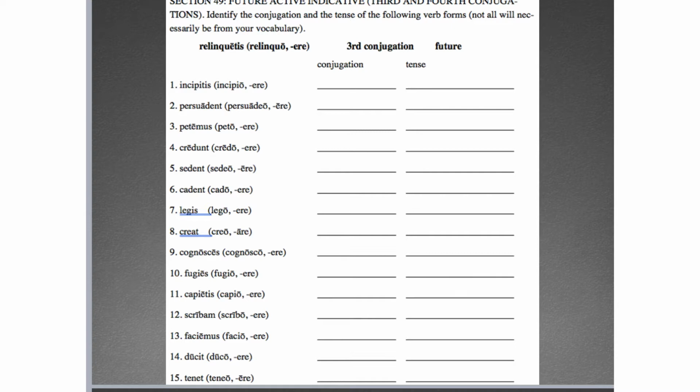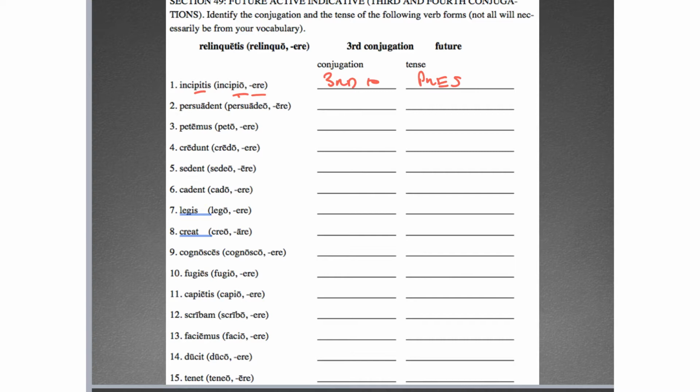All right, so identifying the conjugation. And then we are identifying the tense of the form. And this is all verbs, or verbs from all conjugations, or at least most conjugations. Scanning it, looks like there's no first. So incipitis, all right? So we've got IO and ERE. That means it's third IO. But with that I in the form, that means it's going to be